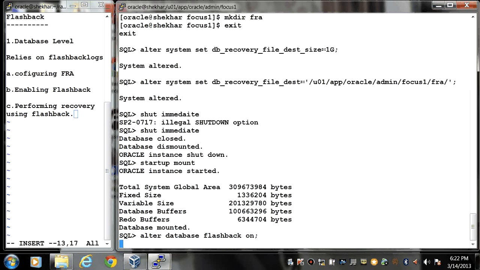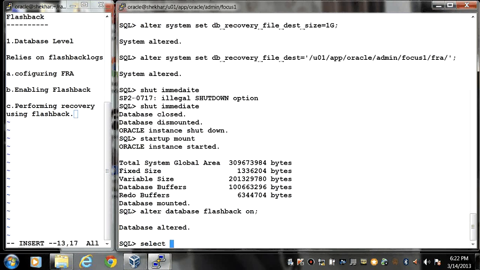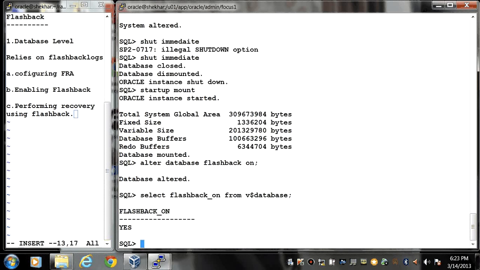If here you fire a query, select flashback_on from v$database, so now my database is in flashback mode, and then alter database open.